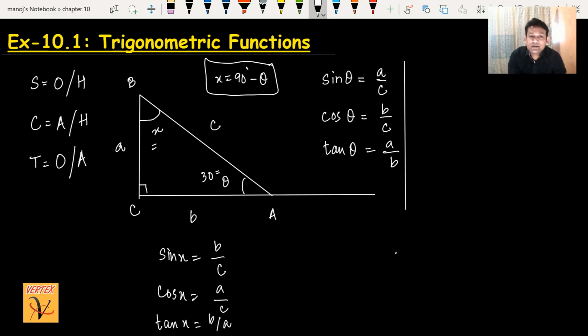So when I write 90 minus theta, please be careful. You don't need to learn by heart that sine theta equals cos of 90 minus theta. I don't want this, don't learn it. Sometimes you also write a negative value. No, you don't need to. What's the problem actually? What you can do